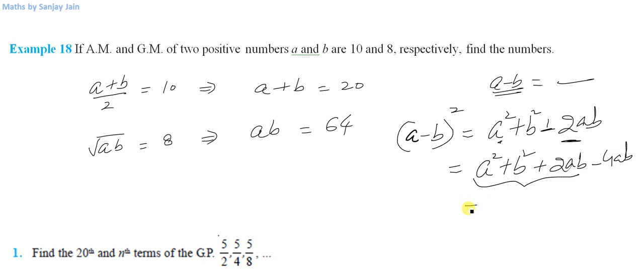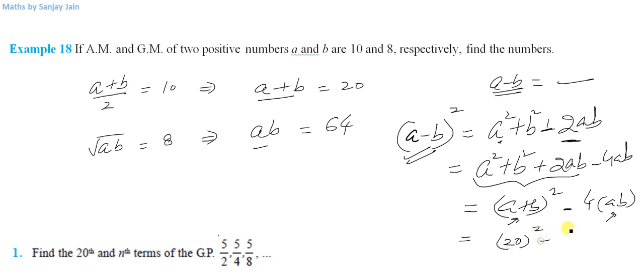This is (a plus b) whole squared minus 4 into ab. I know a plus b, and I know ab. I can simply put these values here: 20 squared minus 4 into 64, and I'll obtain (a minus b) whole squared, which is 400 minus,